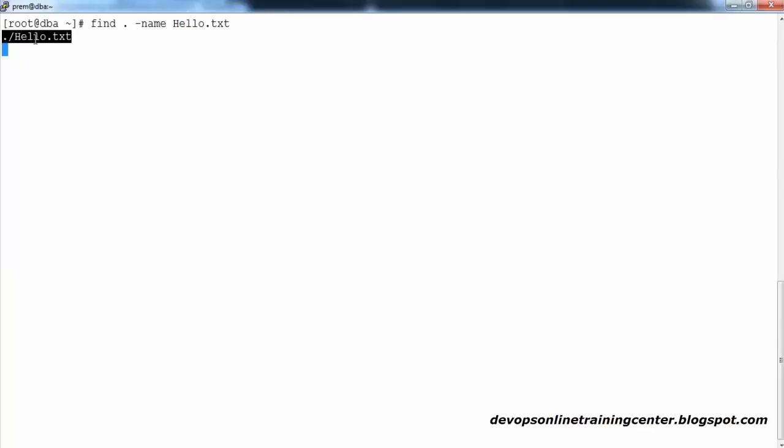Okay, so it will print the absolute path from where you are searching. So that's what the find command does. There is only one file, hello.txt, in the current directory. The current directory is root. Suppose somebody asks you, I want the list of files which start with hell. Okay, so there is no file, because you cannot search straightforward like HCL; it will search only for a file named HCL. There's no HCL file here.